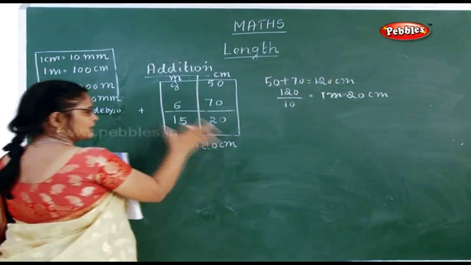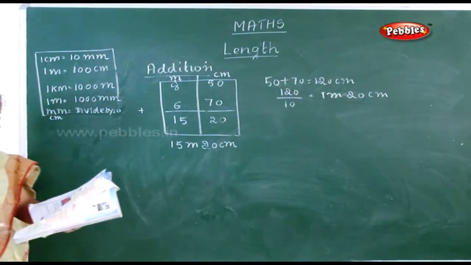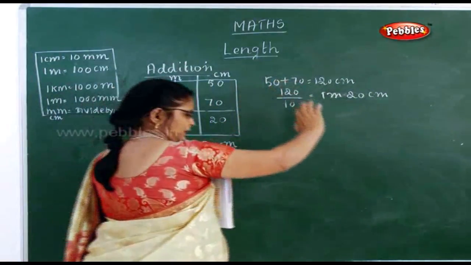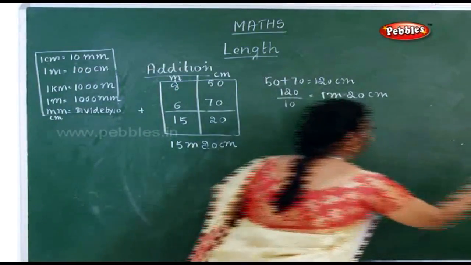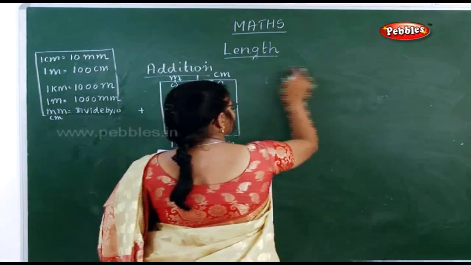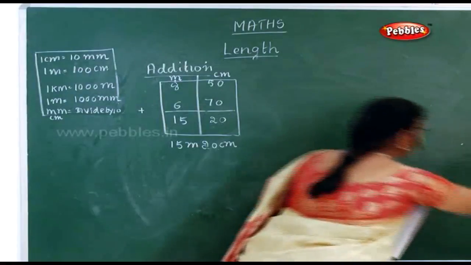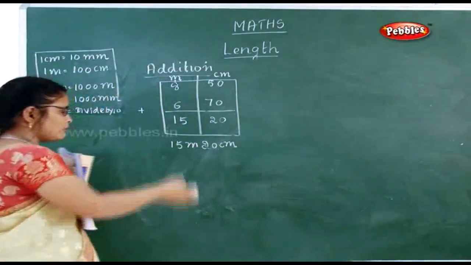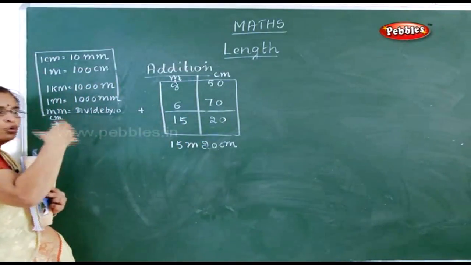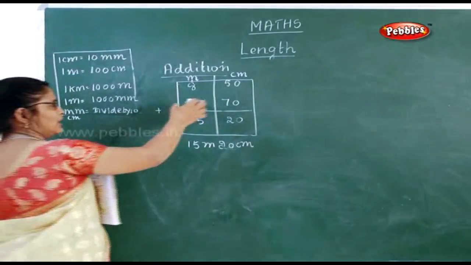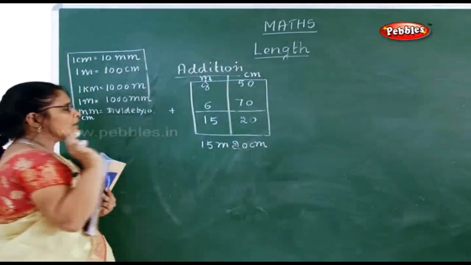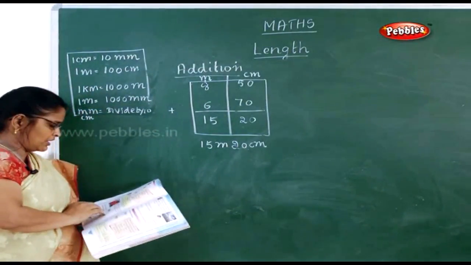But I think this method will be easier for you to do. So don't get confused with this method at all. This is converting all that. In between addition, don't do all this, because mathematically this is the way you have to do. But for you to do it a little bit faster and to understand, I think this way will be easier. This is how you have to do your addition.